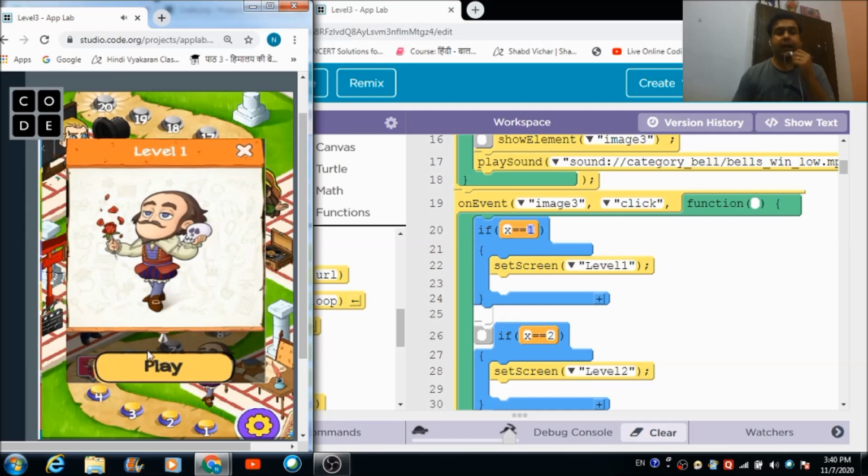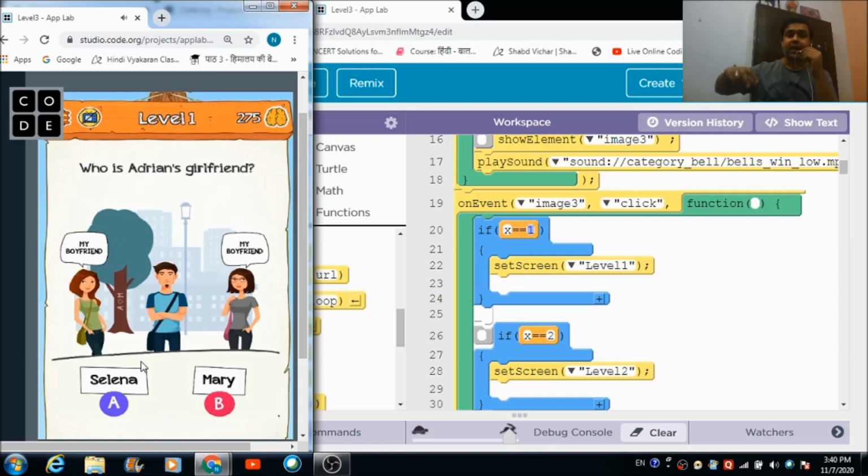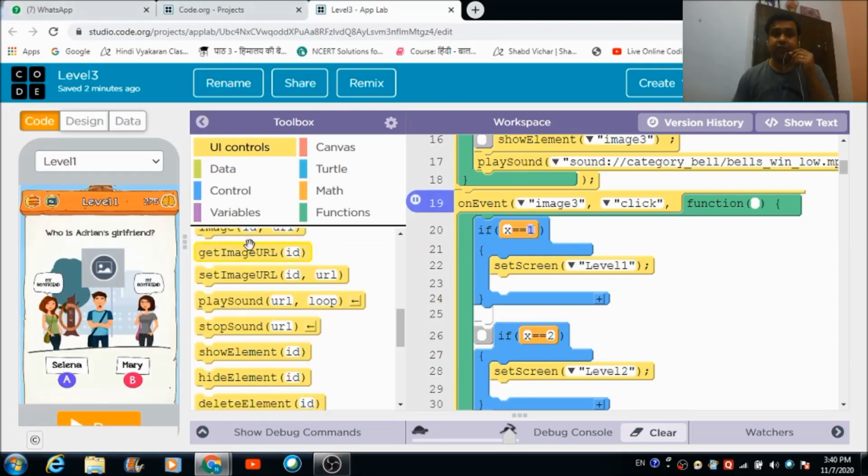And when I hit this play button, what is going to happen? I'm going to get redirected to this screen, which is the level 1 screen, the name of which is level 1. Fine, and this is the code that I've defined for this. If the value of X is equal to 1, I'm going to get redirected to level 1.